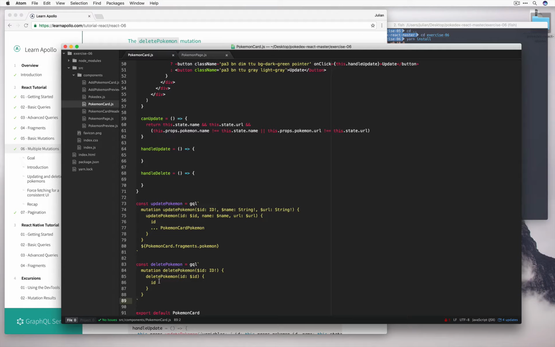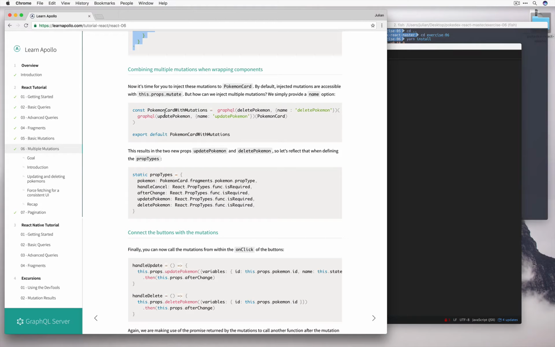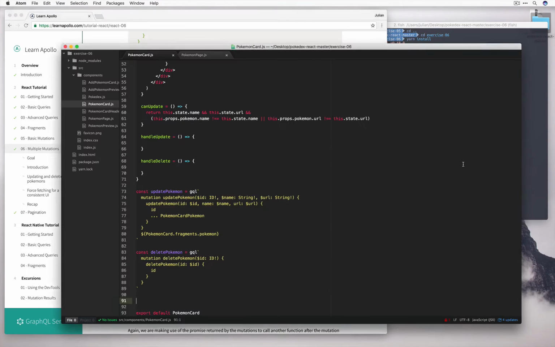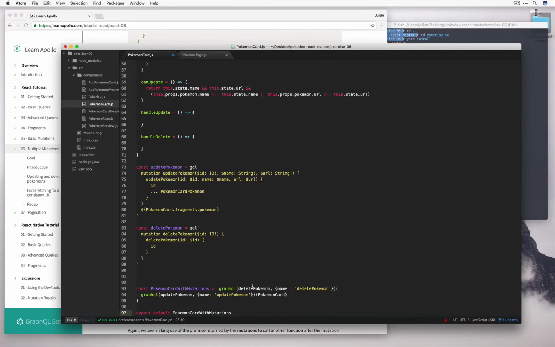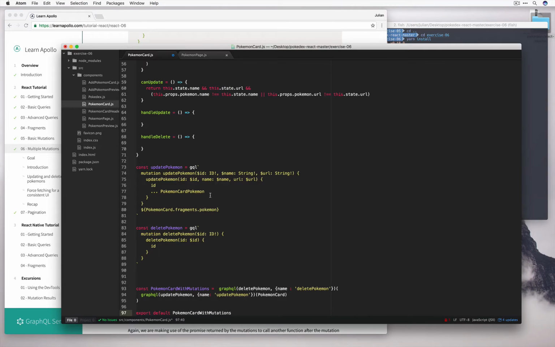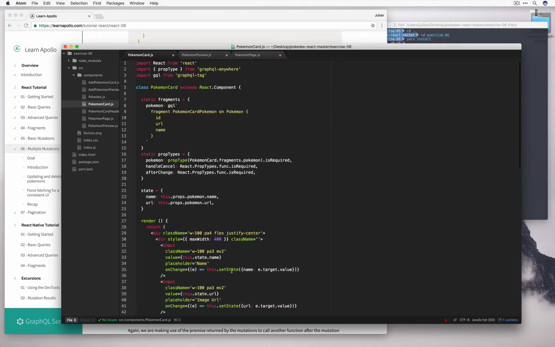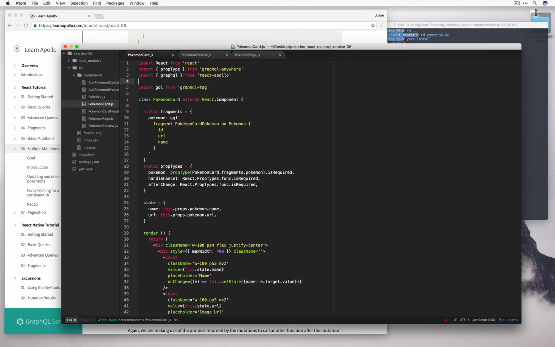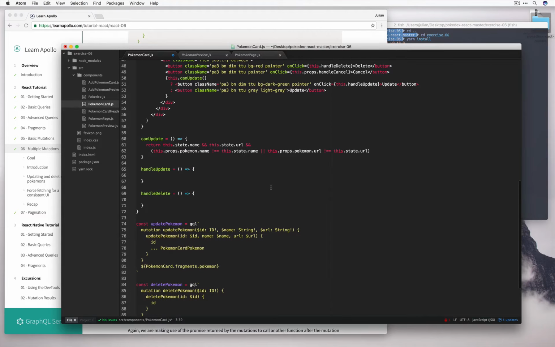Let's go ahead and wrap this up in a component like we did last time. Note that we're wrapping delete Pokemon and update Pokemon into this Pokemon card component. So before we were only ever packaging up either a single query or a single mutation, here we can actually combine them. Now that we're using this GraphQL function on the bottom, let's go ahead and make sure that we've imported that in. Finally, if we have a look at the buttons down here,